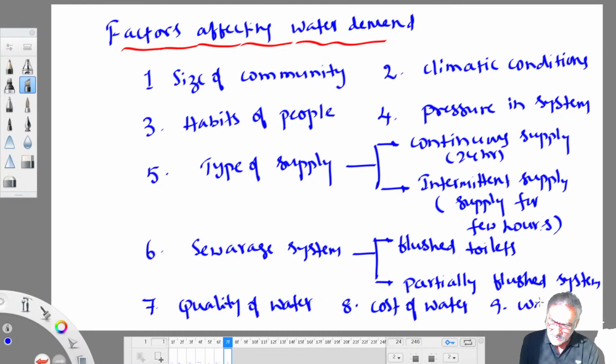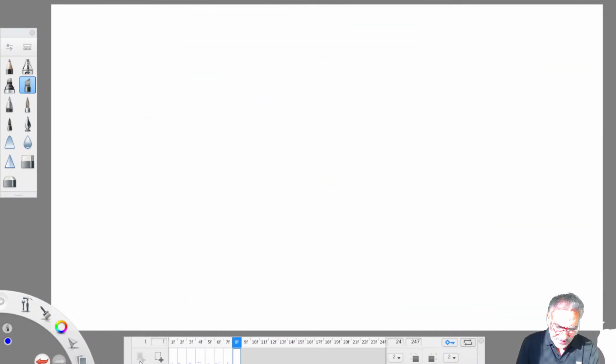Then the policy of water meters. If you provide water meters, like electricity meters, then the public has to pay for actual usage. So they use water cautiously. If there is no water meter, people use water left and right and misuse the system. So these are the factors which influence water demand. From an IAS point of view it is important. From a GATE point of view, generally they don't ask many theory questions. Okay, that's all. Next, sources of water.